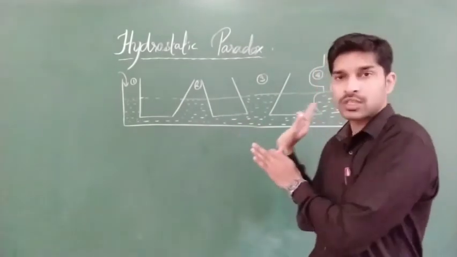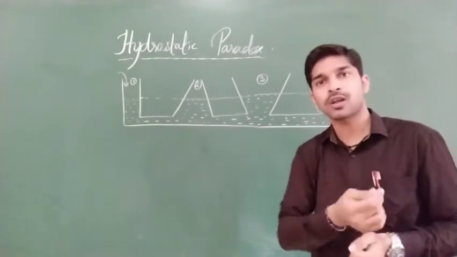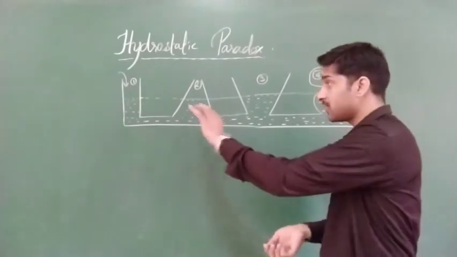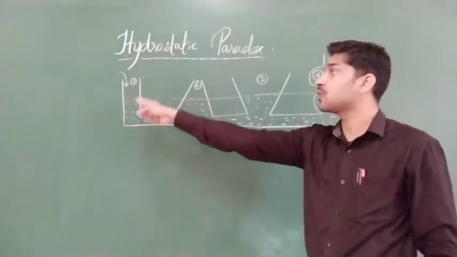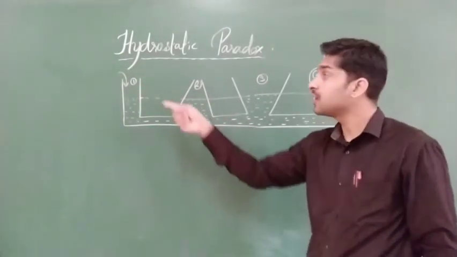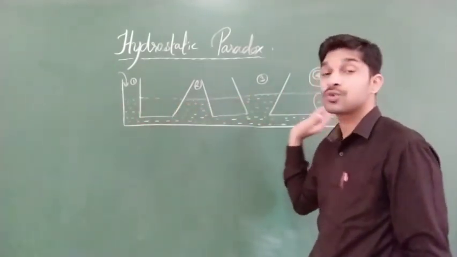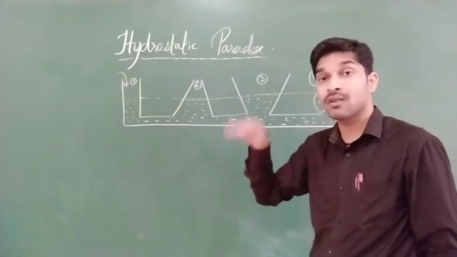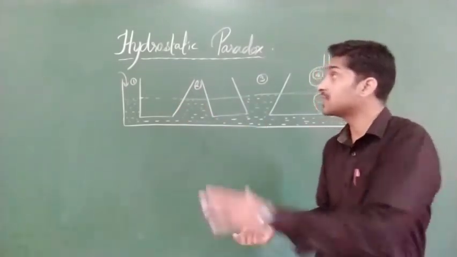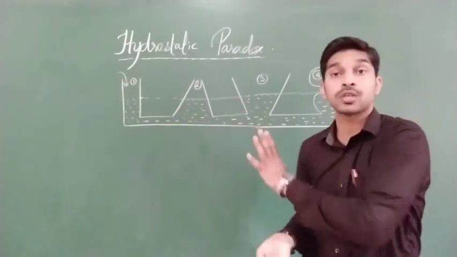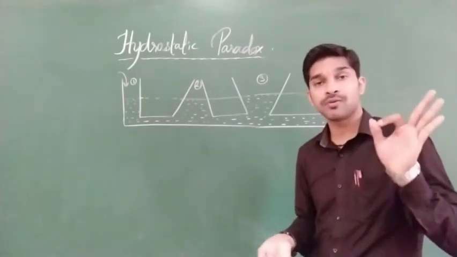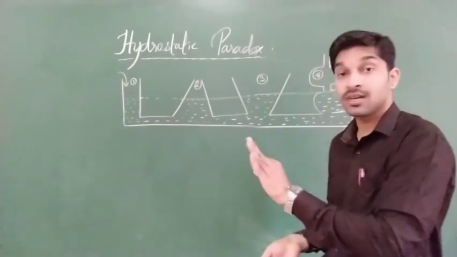If we consider the 3 or 4 vessels, they are all connected by a horizontal pipe at the base. Then we go on filling the fluid. If we go on filling the liquid, the water will find its own level, the liquid itself will find its own level. That is nothing but the hydrostatic paradox. And one more very important point, pressure.